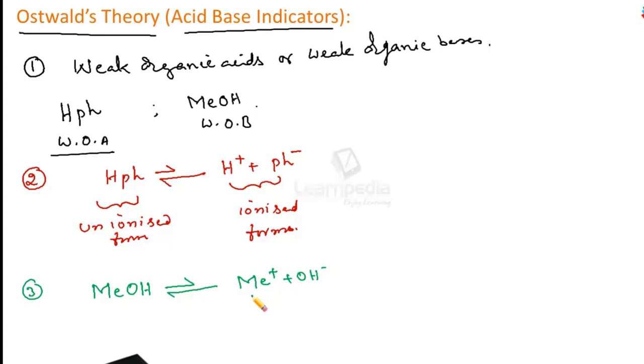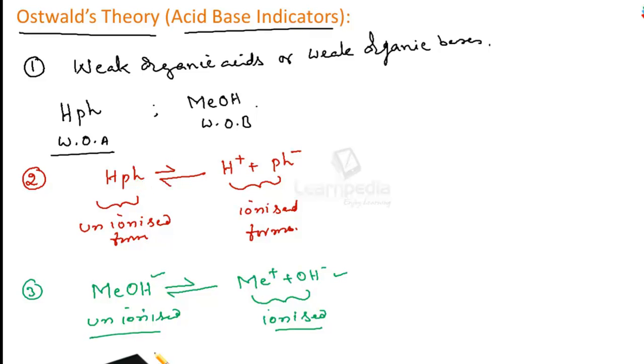This Me plus and OH minus in aqueous solution is nothing but the ionized form of the indicator, whereas this MEOH is the unionized form of the indicator, in other words the molecular form. So, the molecular form or unionized form of the indicator. There exists an equilibrium between this molecular form of the indicator and the ionized form of the indicator. If the molecular form of the indicator possesses one particular color, then the ionized form of the indicator possesses another